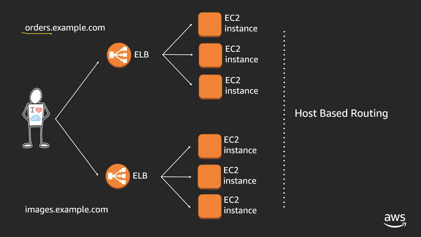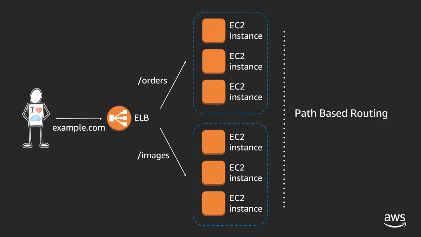Another option for us could be path-based routing. I'm still trying to talk to example.com, but now I am saying example.com/orders/images, and then we are forwarding requests. So this is called path-based routing. My data is forwarded based on the path of the request. So it would open the header, read what is being requested, and based on that, forward the information to my backend. So this is called path-based routing, right?